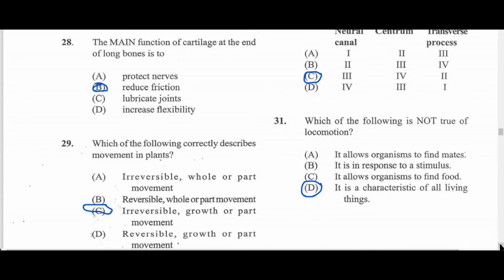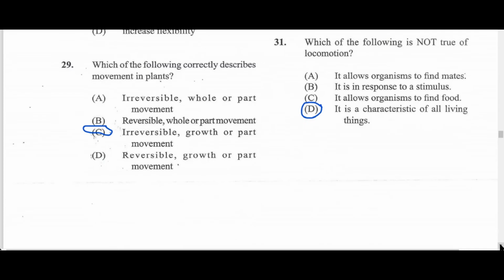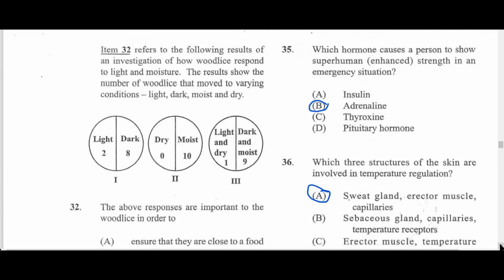31. Which of the following is not true of locomotion? I chose D. It is a characteristic of all living things. So here we have it. If you were supposed to compare 29 and 30, locomotion is not, of course, true for all living things. Some would just move like a tree would. Question 32